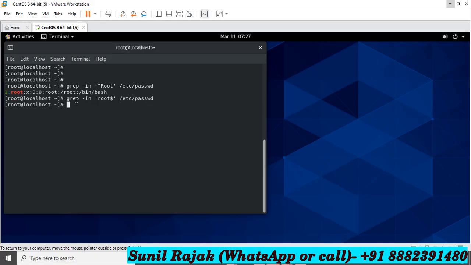See, nothing shows, because maybe the root word is not at the end of the line. So you can use any other word. I'm using nfs, maybe at the end of the line. This word is also not at the end of the line, so you can use any other word. I'm using ftp. See, ftp is also not at the end of the line. So I'm using nologin. Okay, maybe it will show. So I want the word nologin